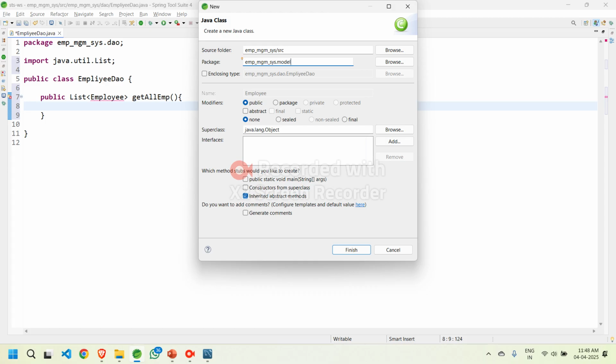You can give the package name as model or entity or bean or POJO. All names have the same meaning. In different perspectives they are being used, but the idea is the same, right? And the class name is Employee. Okay,